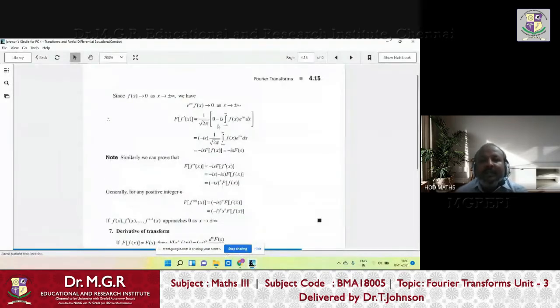That we have seen here. So I'm taking is outside, and the minus sign is also there, so minus is taken outside. And what are the things inside now? F of x, e power isx dx. Now, what is this? By definition, this is the definition of Fourier transform: integral from minus infinity to plus infinity of f of x, e power isx dx. So outside is minus is. From that we come to the conclusion that the Fourier transform of f dash of x can be written as minus is times the Fourier transform of f of x.